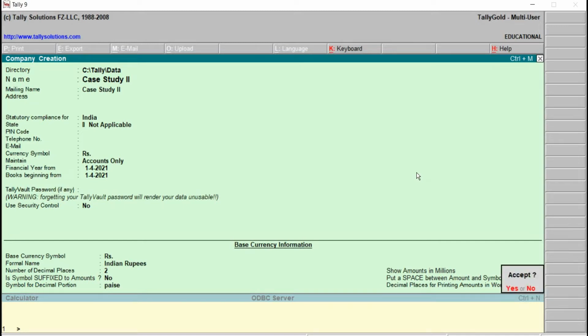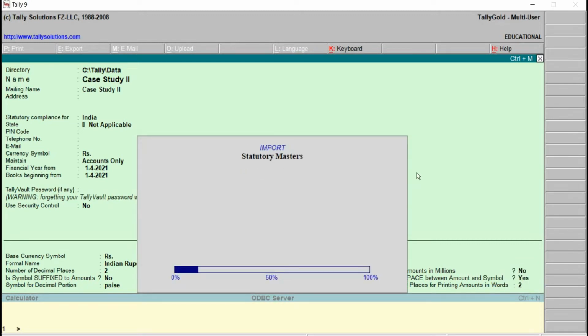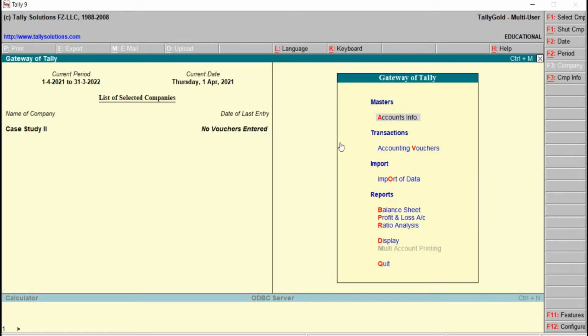Later, accept? Press Y from the keyboard. The company is created. Gateway of Tally.